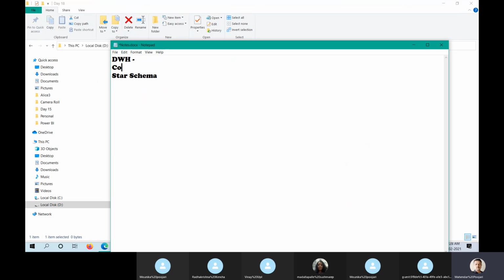One is the conceptual view, then the logical view, and then the physical view. What is the difference?